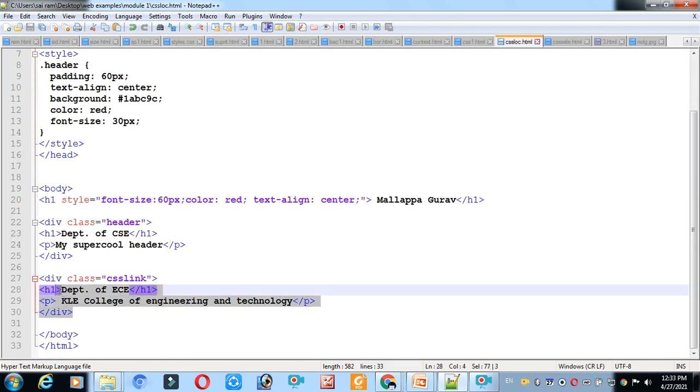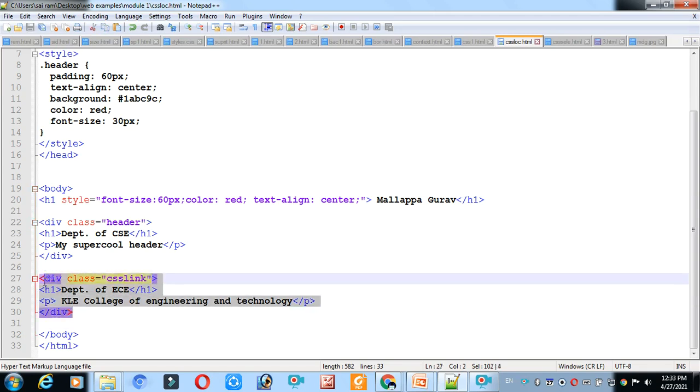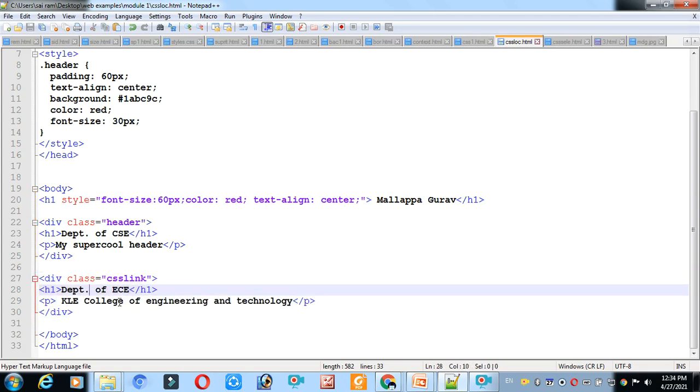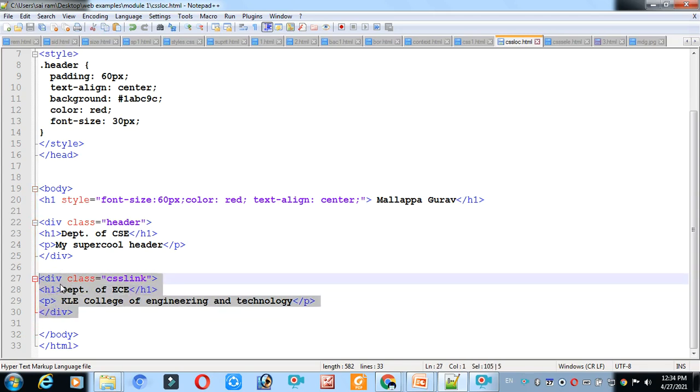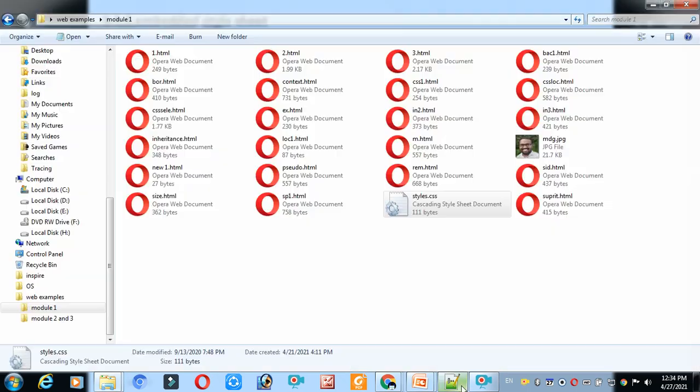You are applying the CSS on this division. If you want to apply the CSS on this division, are you writing the CSS within this file? No, we are writing it in the external file.